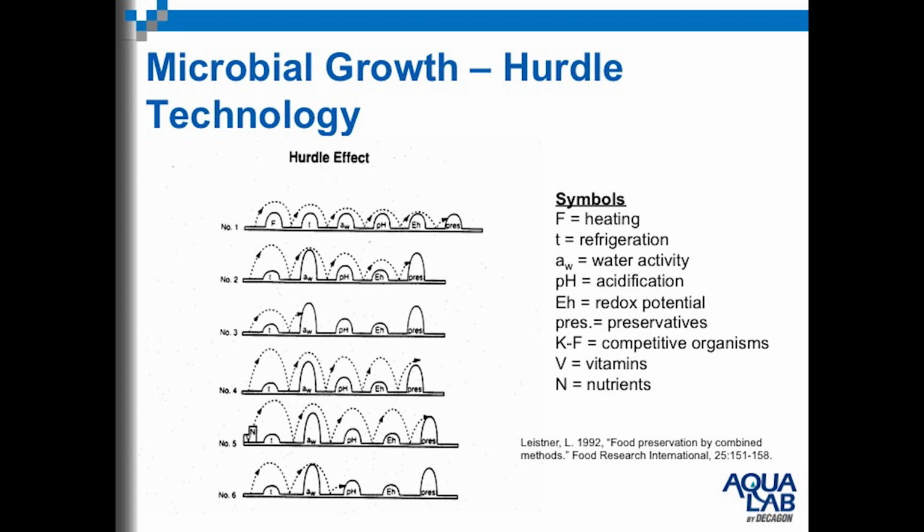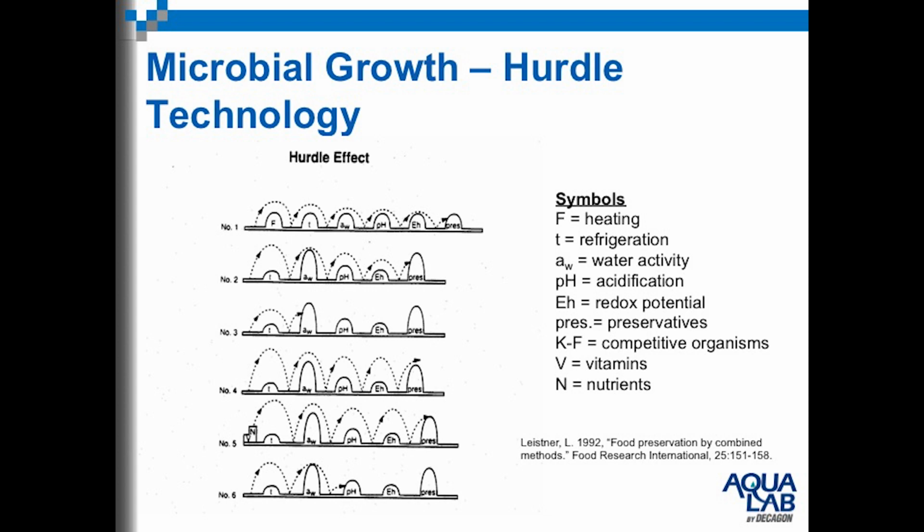hurdle technology. And so the idea here is that there are different things that will impact growth of organisms and their ability to be able to grow. And you can see these symbols over to the side. So there's everything from heating, temperature that you're storing it at, water activity, pH, redox potential, having preservatives present, having competitive organisms, how many vitamins are available, and whether there's a good nutrient source. And all of these combine together and have to be optimal for a microorganism to grow. And so by changing any of them, you have the potential to create a situation where you can prevent that